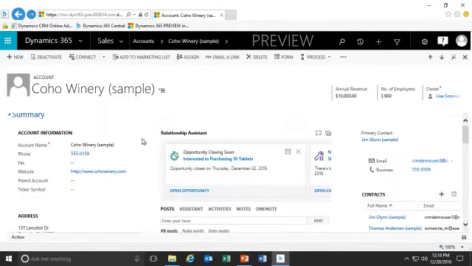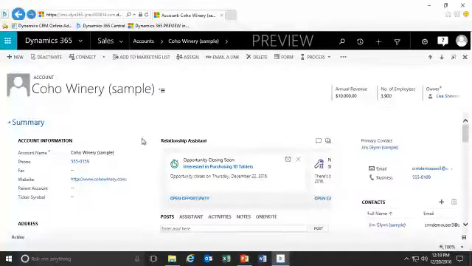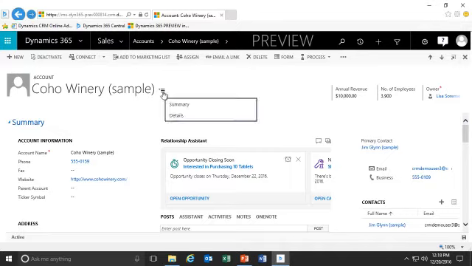And even so, you'll see that there's a lot of information that we can put on the form. And this, for the account form, is not that long. But when we look at some of the other forms, such as cases, they might have multiple tabs. So what the tab selectors allow me to do is, instead of having to scroll all the way down to